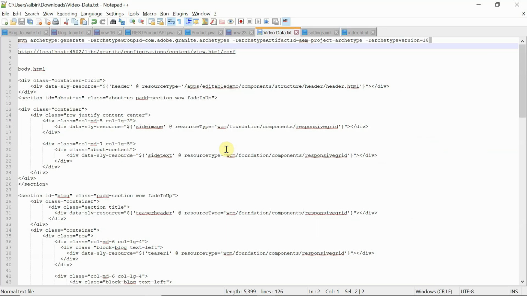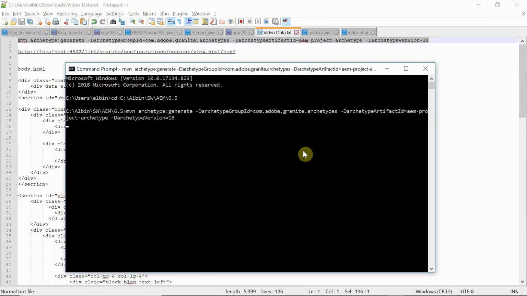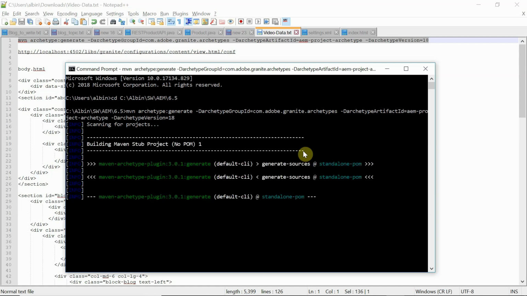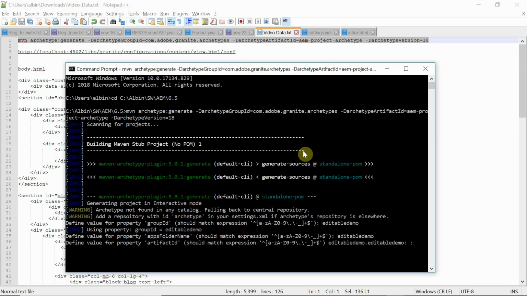Okay, let me execute. Let me name it editable demo. All other data can be default.